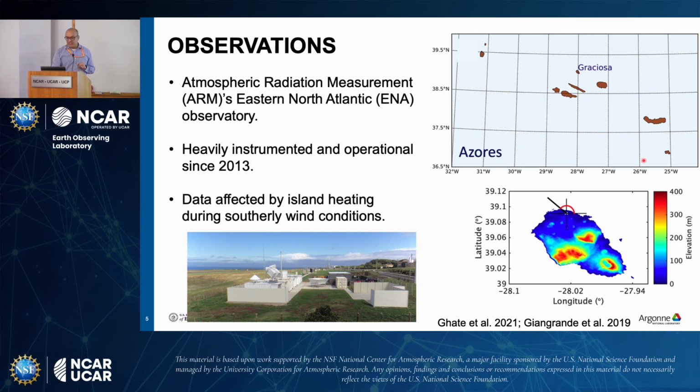It's in the central or eastward North Atlantic, where you have this group of islands called the Azores, a chain of islands in 3 groups. One is on the west side, the central group, and then the east side in this case. And the site is located on the island of Graciosa, which is the northernmost island of the central group of islands, right? That's where it is. The site has been operational since 2013, so almost 10 plus years of continuous data, which is pretty substantial in my mind, and it is heavily instrumented.